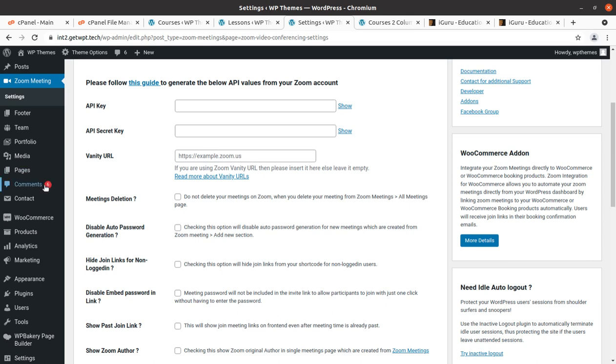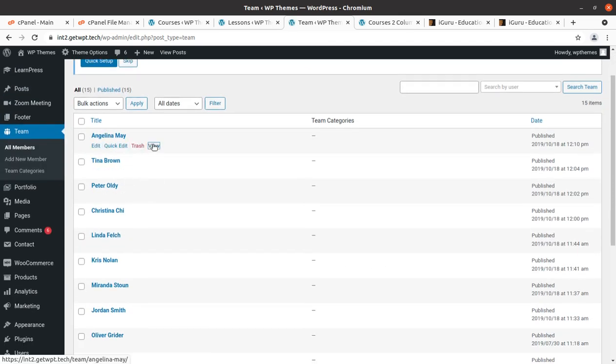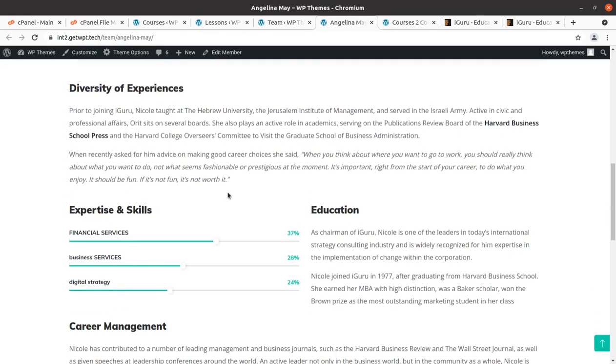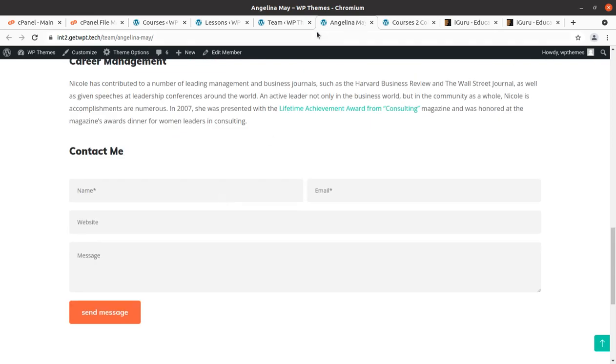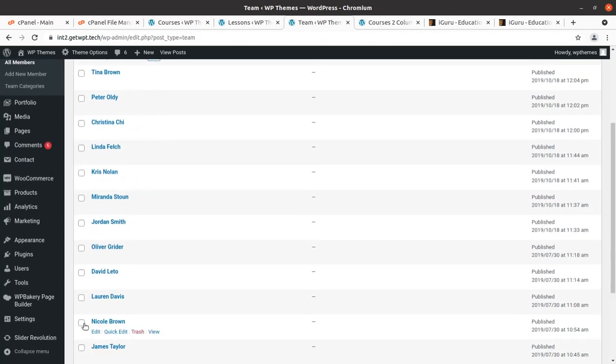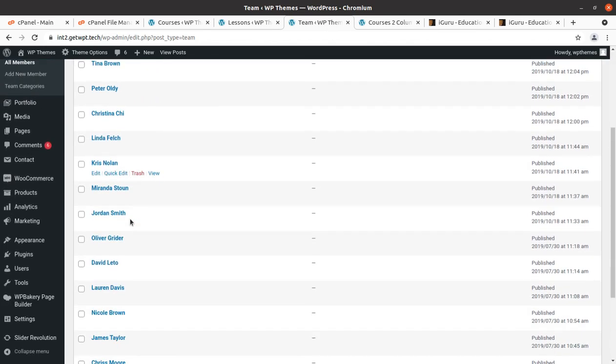So okay, footer control is here, all footers. Team is another additional thing, so you can control the team, I mean the teachers, and your listing about them. It is also very important for an education website, so you can edit these pre-existing listings with your team and delete the rest.